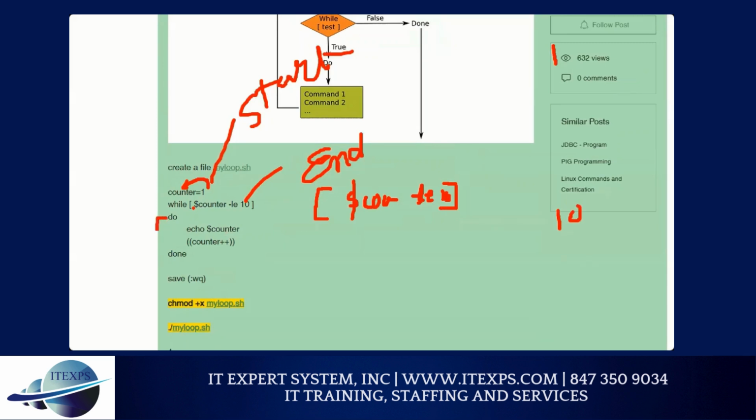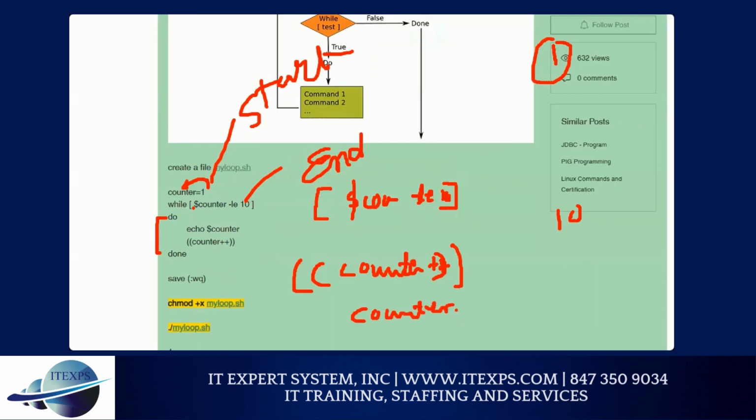Do has its own done. Make sense? Now echo counter. Echo counter means you start with 1, so it will start with 1. Then you are using this special syntax, which is nothing but mathematics: counter plus plus. Counter plus plus means you are incrementing by 1. I don't use this way because it allows only increment by 1. What if you want to increment by 2? That doesn't work properly, I don't think plus 2 works like that. It's a little tricky. So for that you need to use counter,